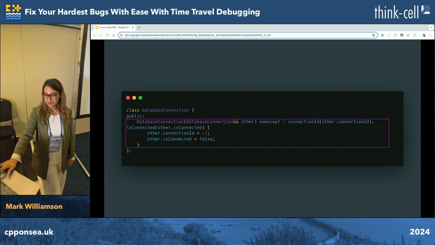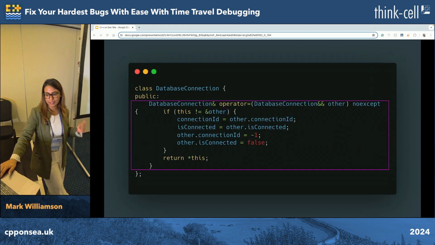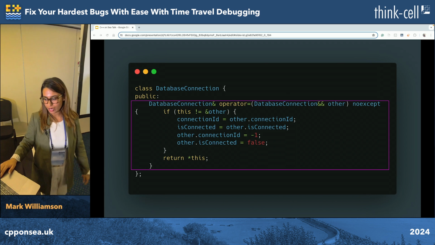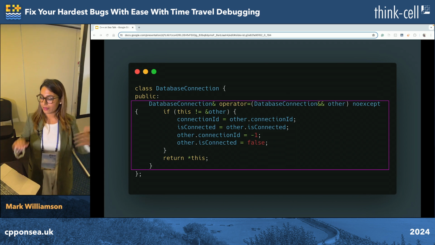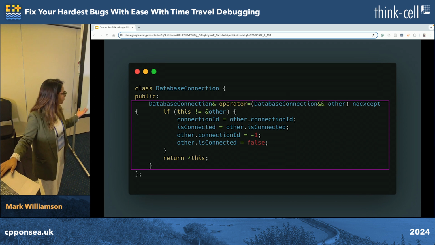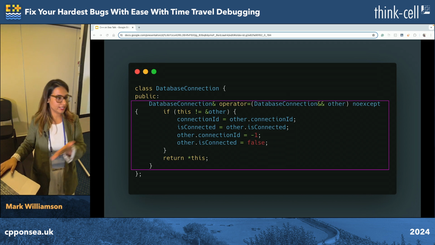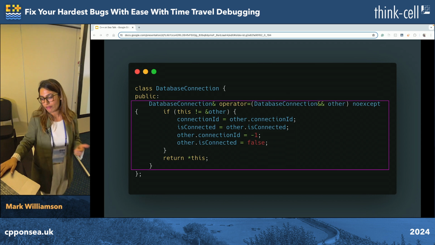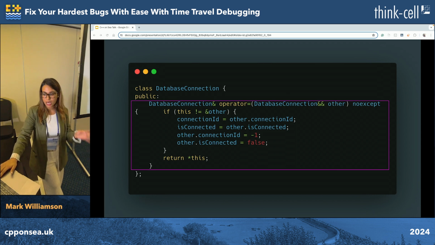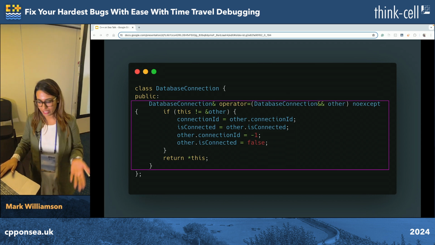All right. Next, we have the move assignment operator, which is again a special member function for us that will transfer resources from one object to another object, basically from a temporary object to the left-hand side of the assignment. Now, this will also let us efficiently transfer the resources without the need of expensive deep copies.